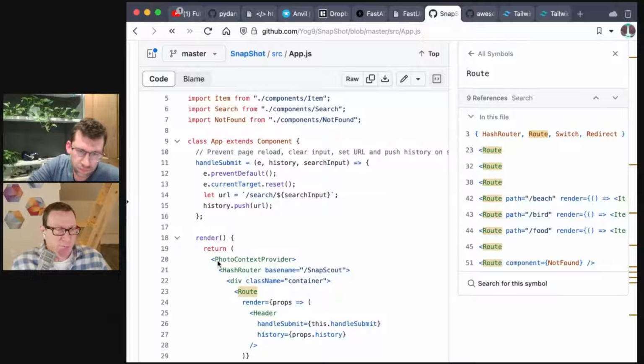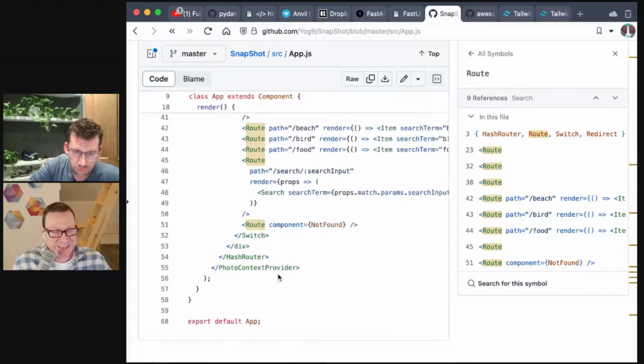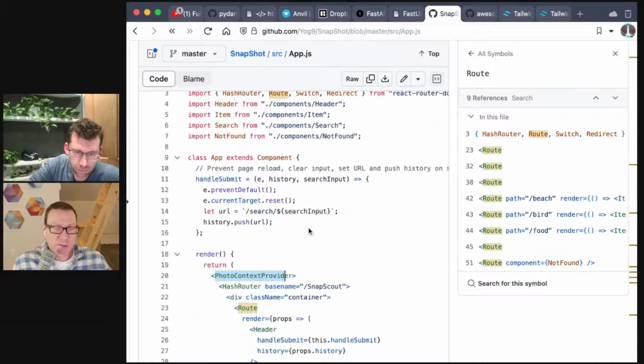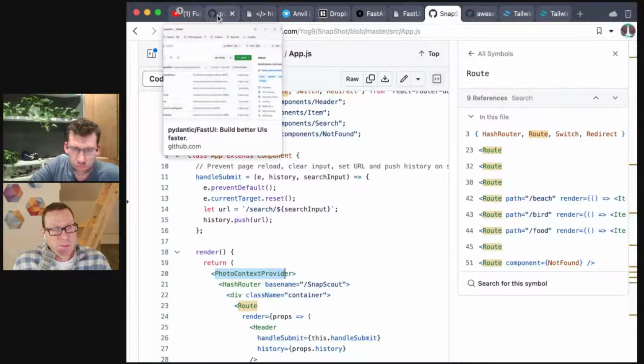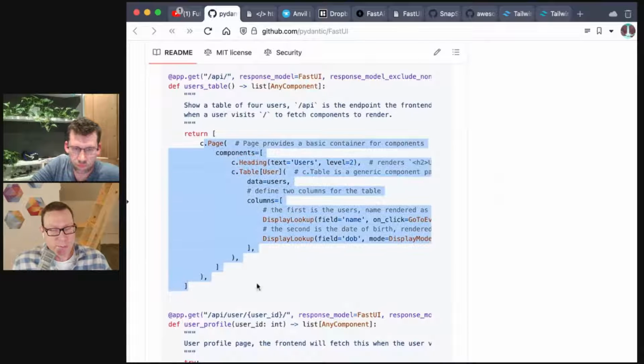So one of the things that I think we're going to get to, I don't want to dive into it yet, but in React, you would say we're going to return a photo context or a switch or something that is not typically known in HTML. And these are higher order building blocks in the UI space, right? So when people think about what they're creating here in Python, it's not just the fundamental DOM objects and elements, is it? Right. So that's exactly, yeah.